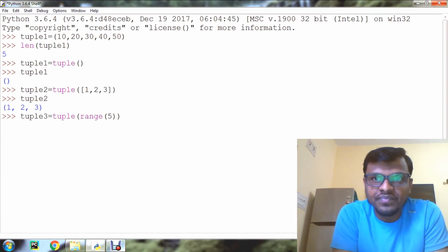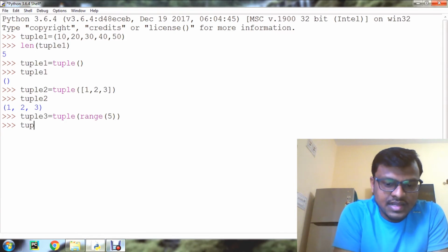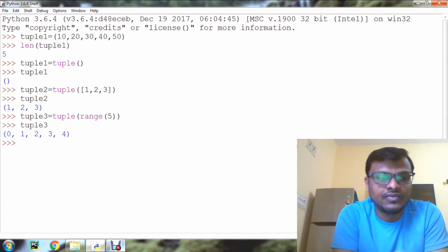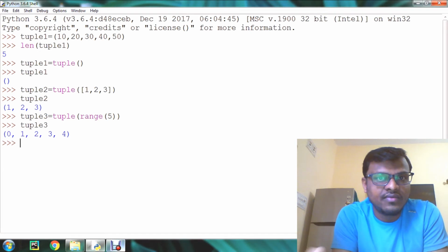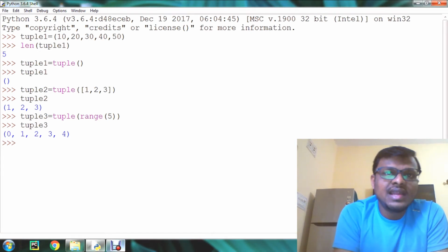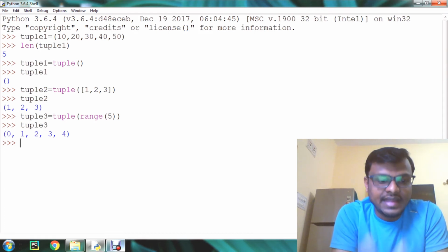Now display tuple3. So 0 to 4, you know that range 5 includes 0 to 4, 5 elements, starting from 0 to 4.